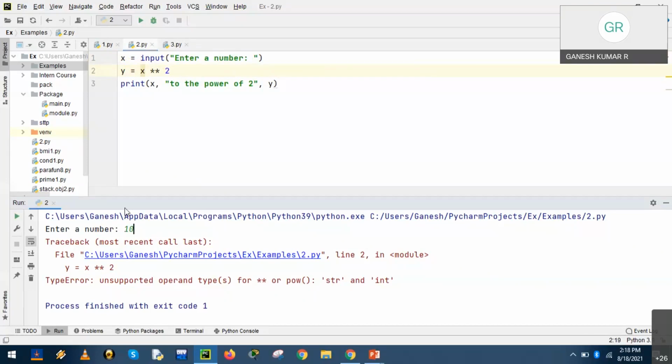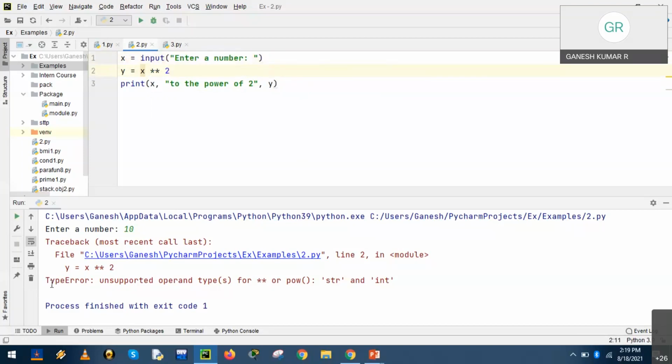So as a result, we have fallen into a deadlock, and that is why we have got an error, type error. The input is a string, but we try to have the exponentiation with the integer value. Due to that, there's a conflict between the power. String cannot be powered. Exponentiation of a string is not permitted. Exponentiation is basically an arithmetic operation. It works with either integer values or float values. It will not support string input.